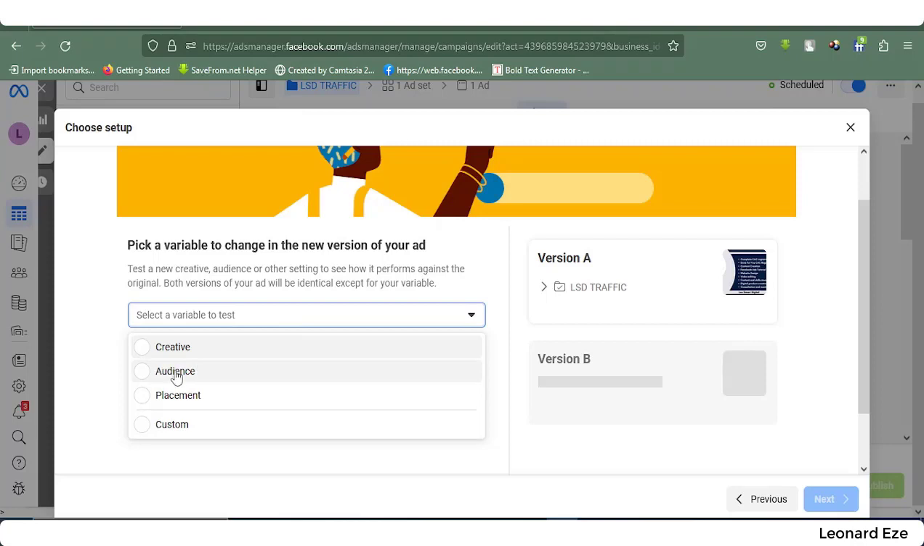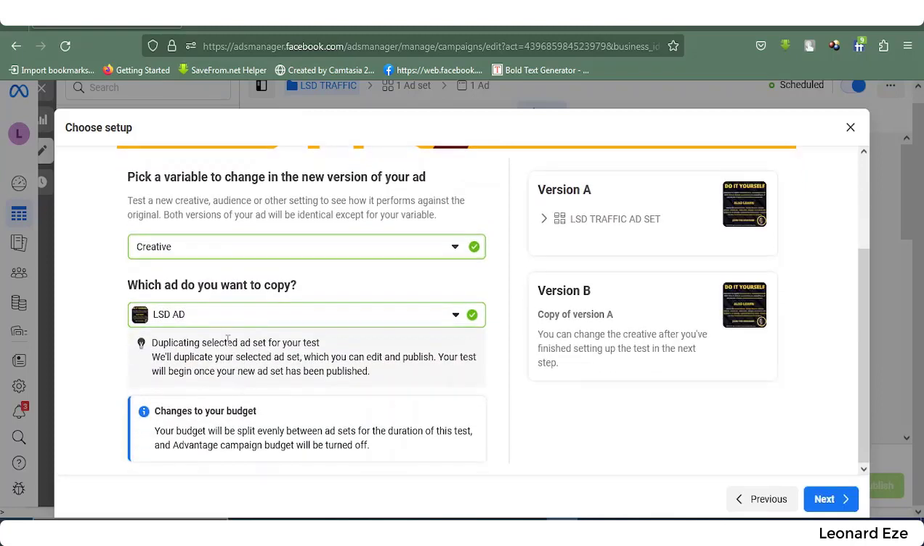So is it audience, is it placement, is it custom, is it creative? So assuming you want to pick a variable that they need to be compared, maybe you want to change an image from that, so you can choose this. So you see which ad copy do you want to copy, then you can see it here. This is the one to be copied. Then you can click next,